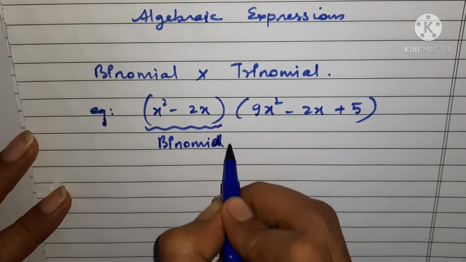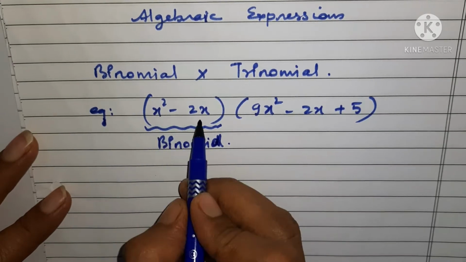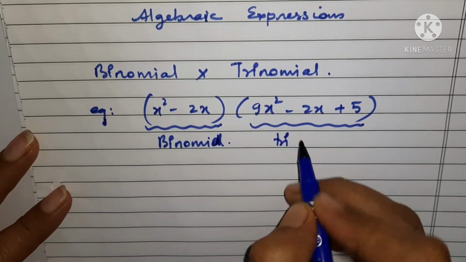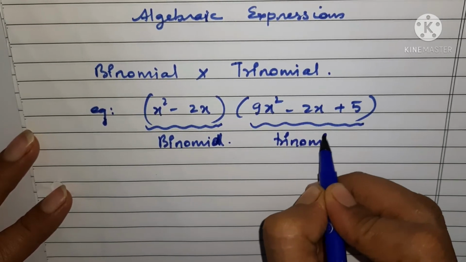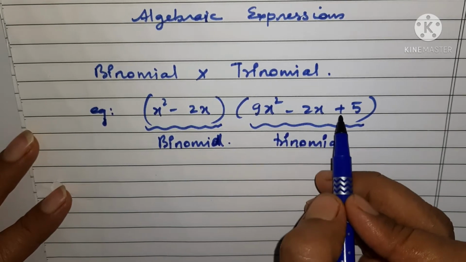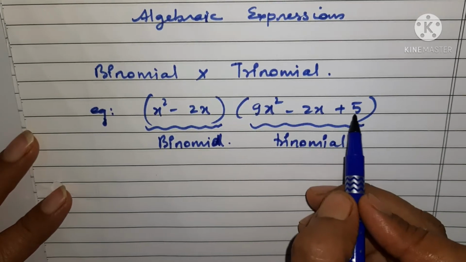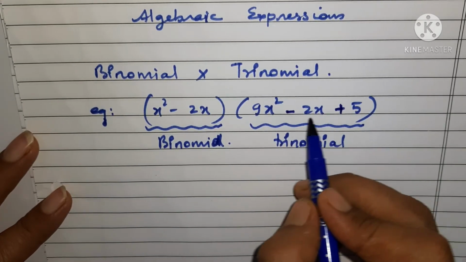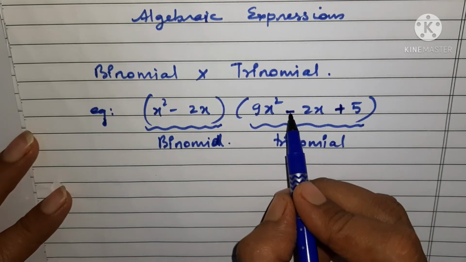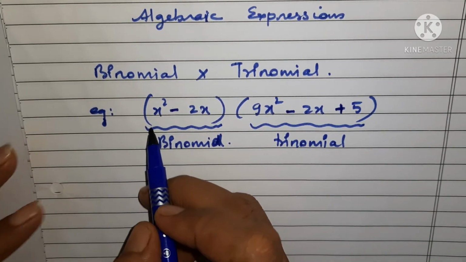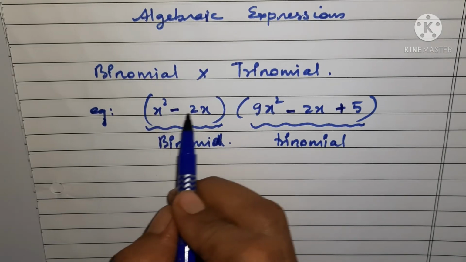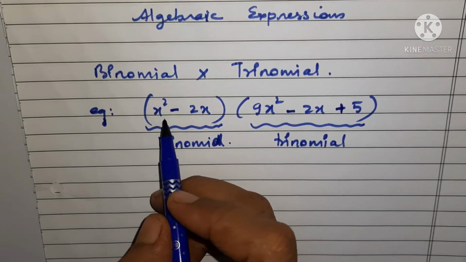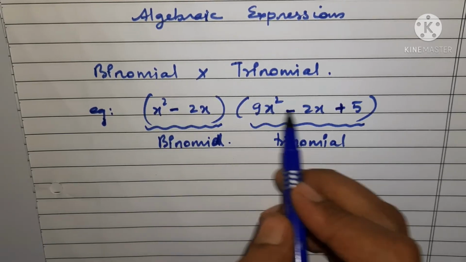We call a binomial that which has 2 terms, 1 and 2. You can see we are having only 2 terms, and this is a trinomial. We will call this a trinomial because it is having how many terms? 3 terms. 1, 2, 3. 3 terms are there, and we know that terms can be identified by the separation of plus or minus. Wherever we are having plus or minus, we can find out which are the terms. Here the separation between these two is done by minus. It means these two are terms. So here we are having only 2 terms, but here we are having 3 terms.